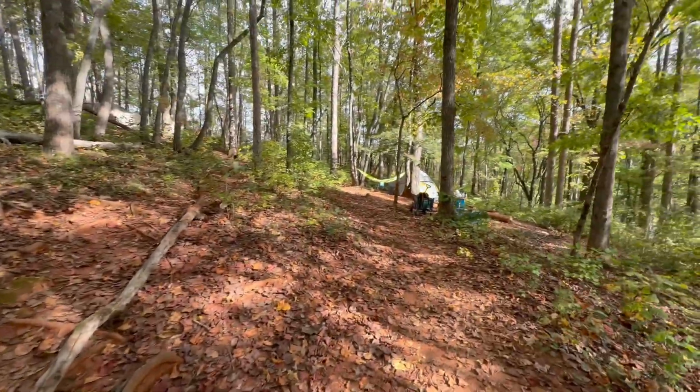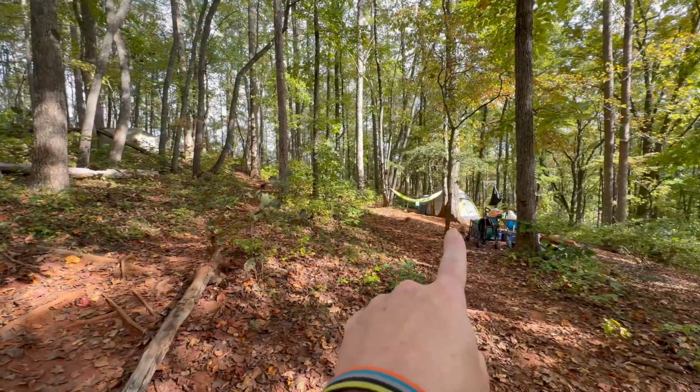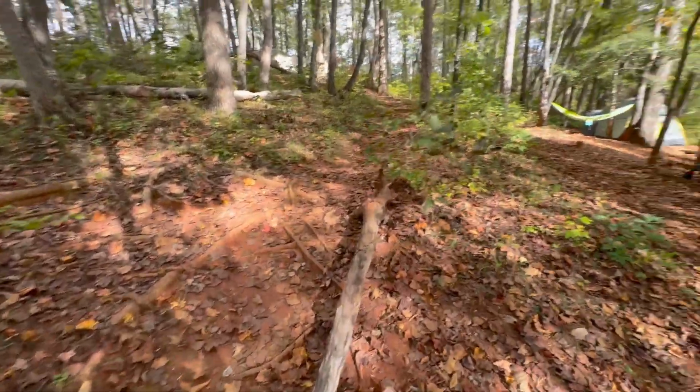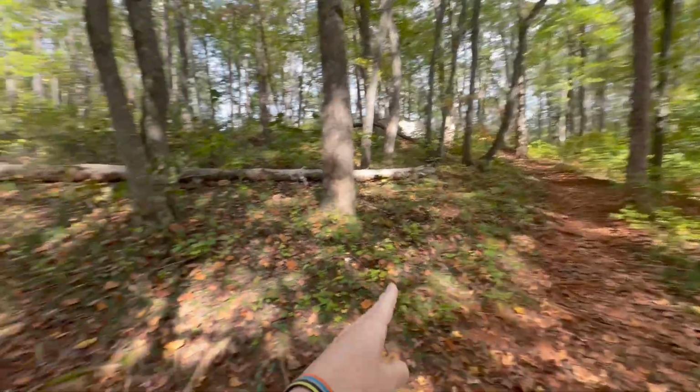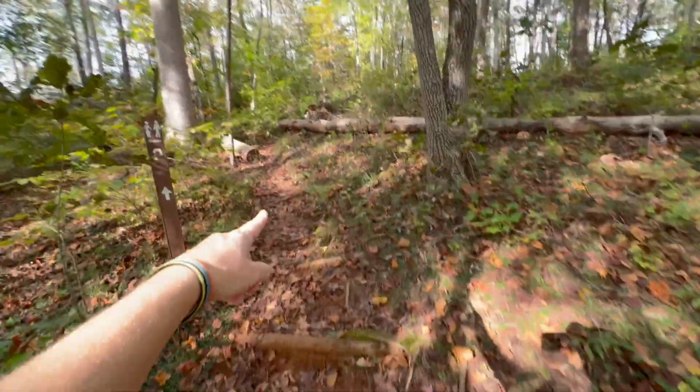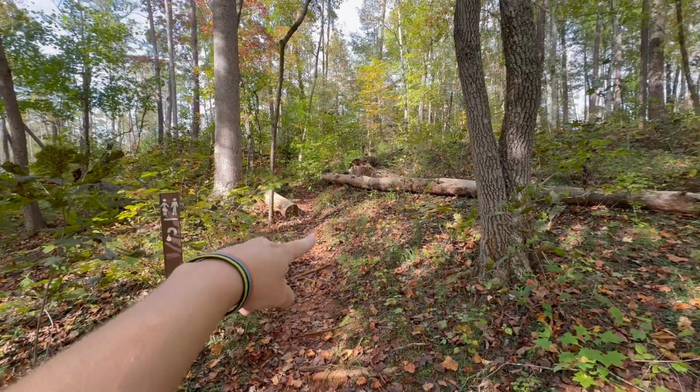Okay, so right as you get to the campsites, there's campsite 4. The trail veers up to the other tent sites. What I didn't notice is there's a little side trail with signs to the pit toilet and water, but this